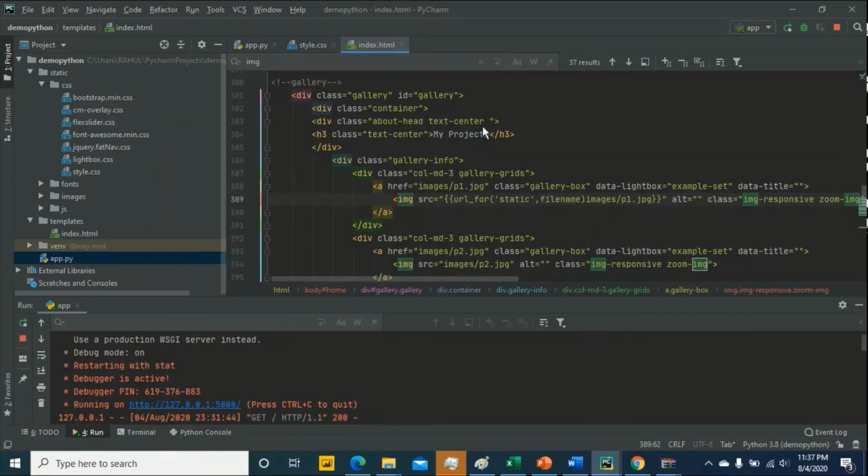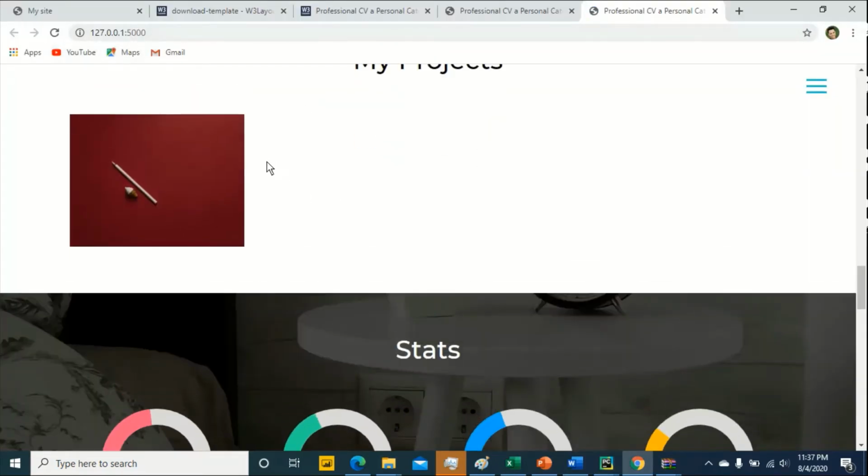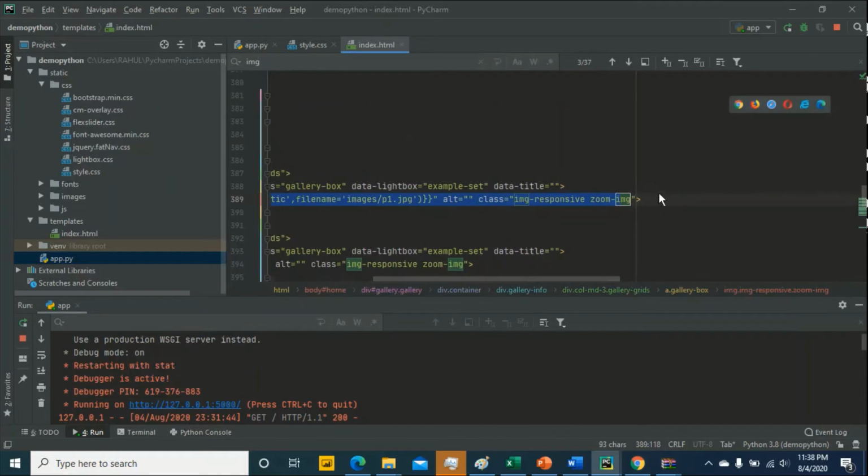Okay, equal to single quote and Control X and Control V. Okay, url_for static filename. You see here my process. Okay, like that. Same for P2, P3 and P4.